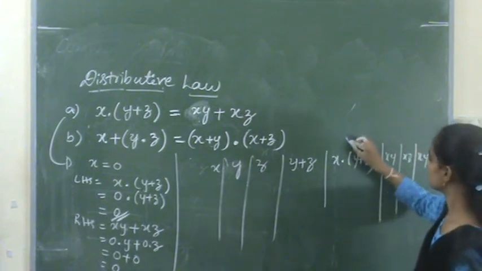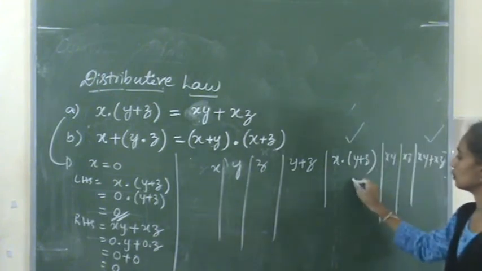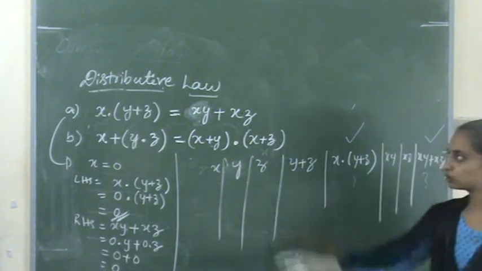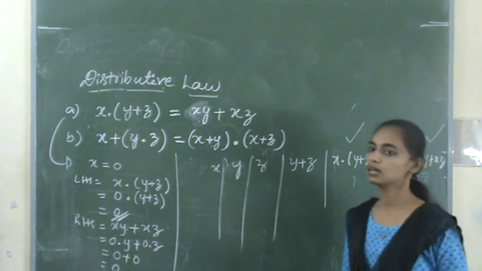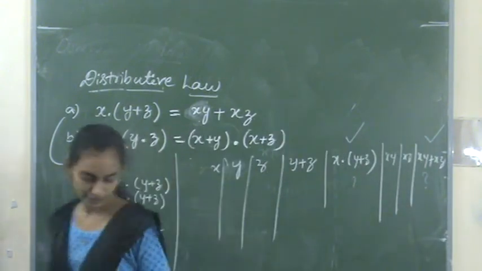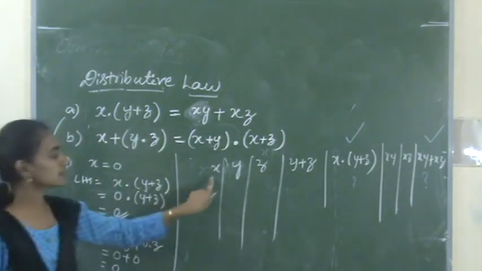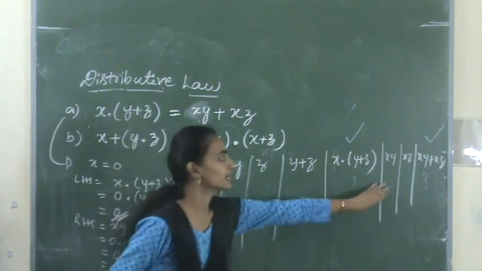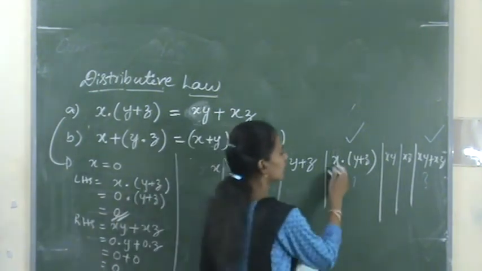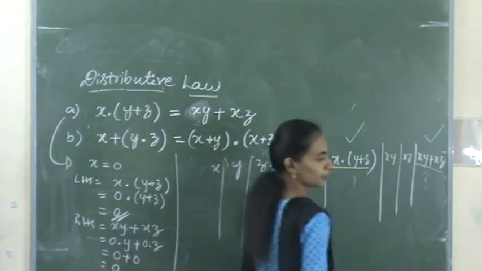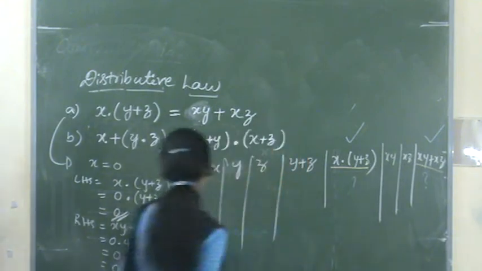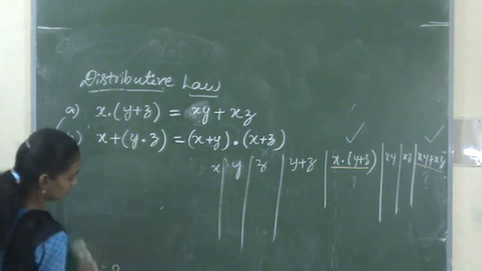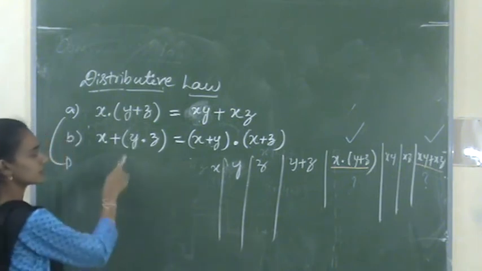So compare this and this. If you get the result as same, then we can prove that both are equal, right? So hence these equations are equal. Okay. So just take the 8 values and perform these operations and compare this with this. Okay. So you will get the same result. So same way, we can prove this equation also.